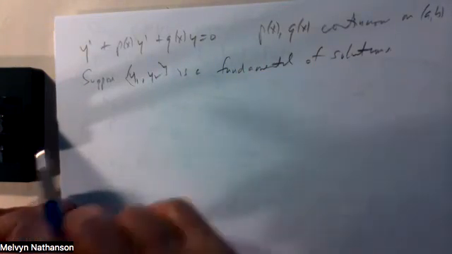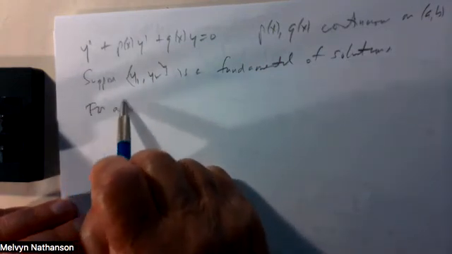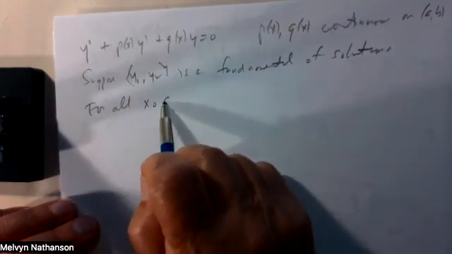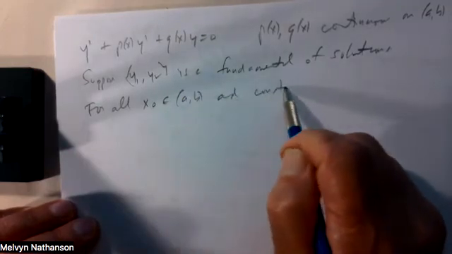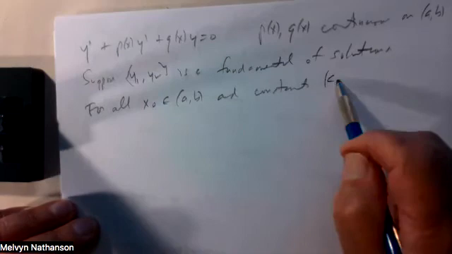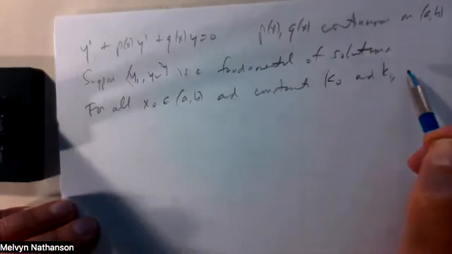So what does that mean? That means that for all points x naught between A and B, and numbers k0 and k1,